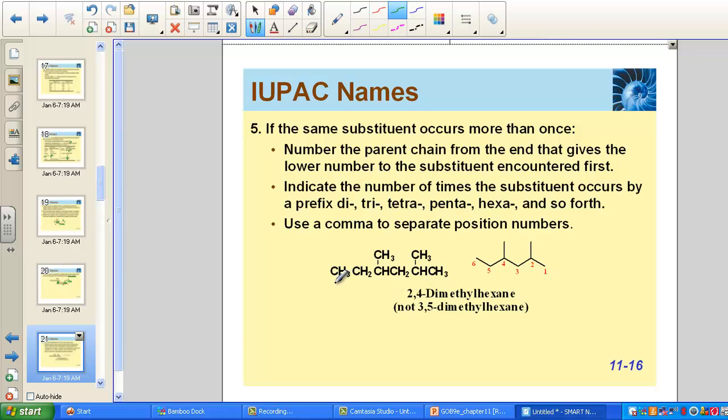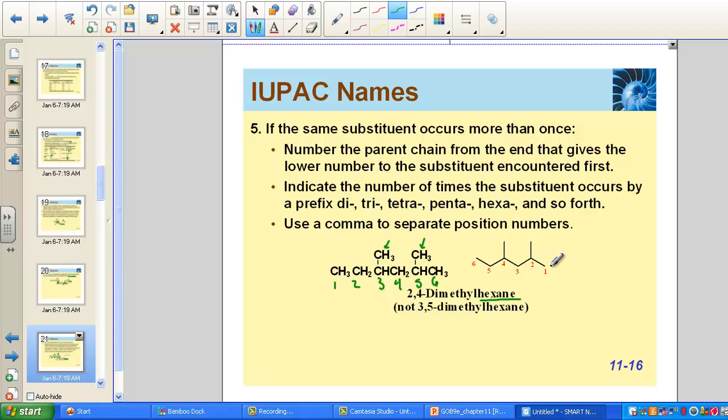Here we have a molecule. Let's count. We have 1, 2, 3, 4, 5, 6 carbons in the longest chain, and it wouldn't matter if I went up, I'd still come up with 6 carbons. So my root word, hexane, 6-carbon main chain. I encounter 2 methyl alkyl groups, branches coming off that main chain. They are the same branch, so we're going to use the prefix di to tell us that there's 2. Now notice that the way I numbered, I encountered them at carbon number 3 and at carbon number 5. The way I numbered gave them